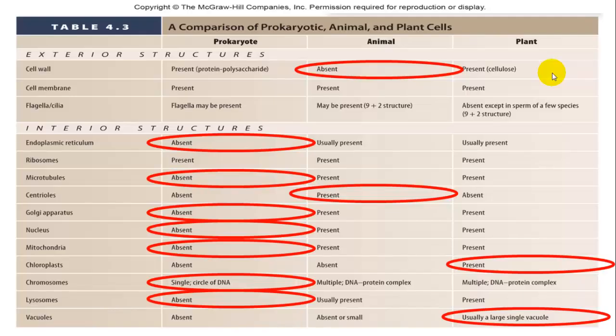All right, so here's a figure. This is not from your book, it's from a different book, but just showing the similarities and differences between animal and plant cell and prokaryotic cells. Looking at the different membrane-bound organelles that prokaryotes do not have, and other differences between the two. And I circled and highlighted some of the important parts. We'll go over this in class as well.